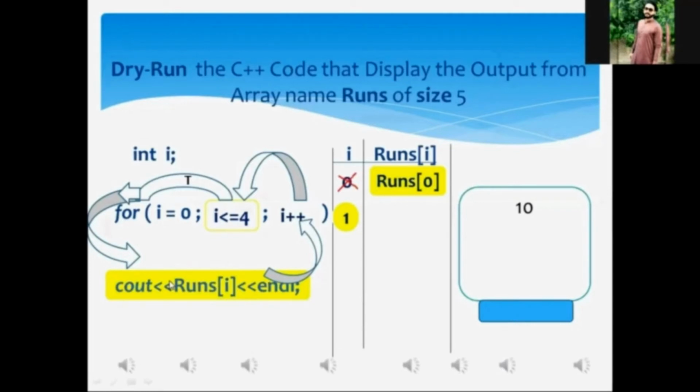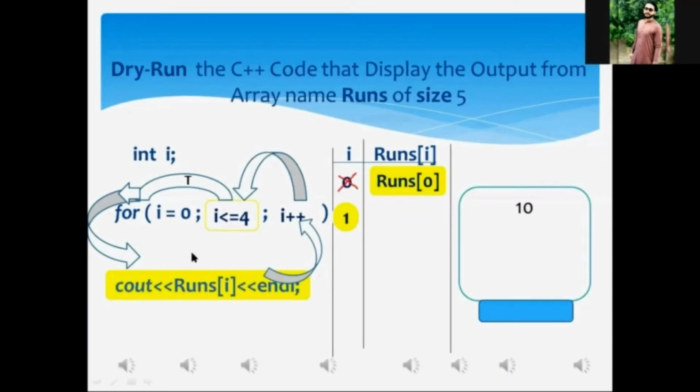Mr. Aftab, as a result of the cout statement's execution, whatever data value has been stored in the memory address that we have specified, that is runs within square bracket I, must be displayed onto the screen. Did you get it? Yes, sir. What is the current value of I? 1, sir.